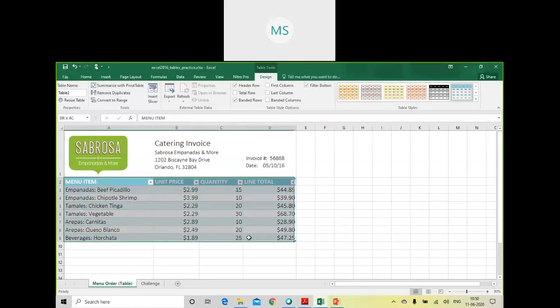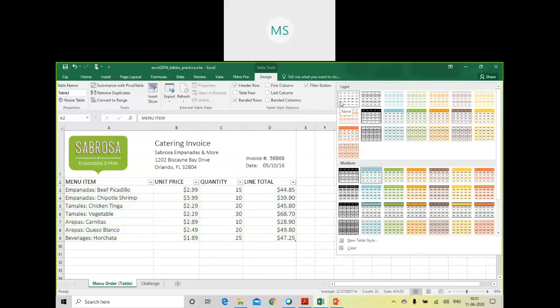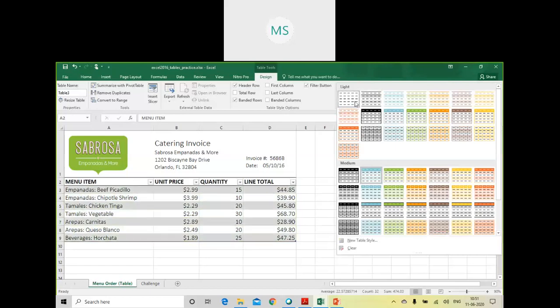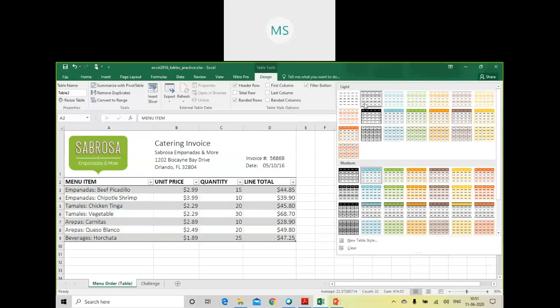You can just select this particular area. Now here you can see the design tab. The moment you insert a table, you will be able to see this design tab option. If you had inserted just a border, this design option was not there. Now if you want, you can come to table style, which consists of different styles of table. If you want light tables, these are the various options. This is a very plain option, then another option, and if you select this, the colors will be gray and white.